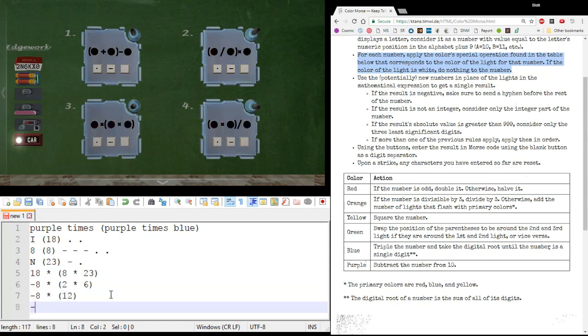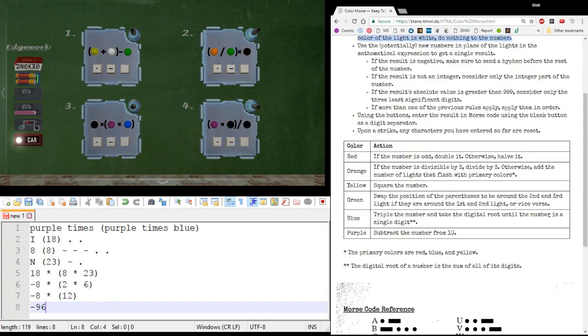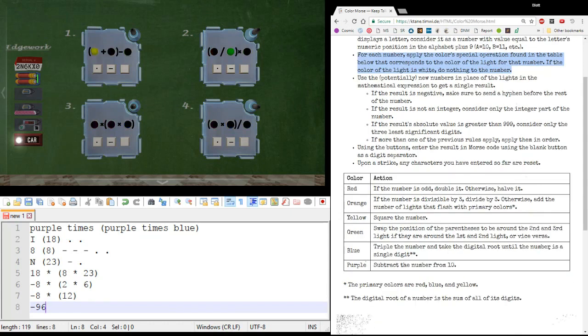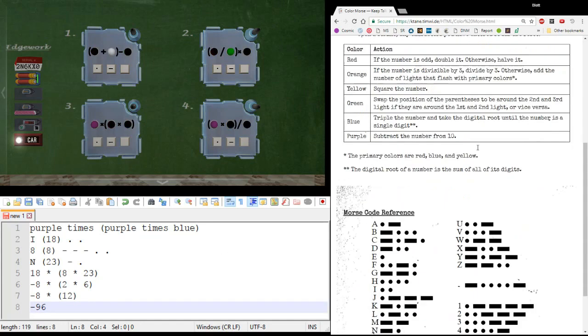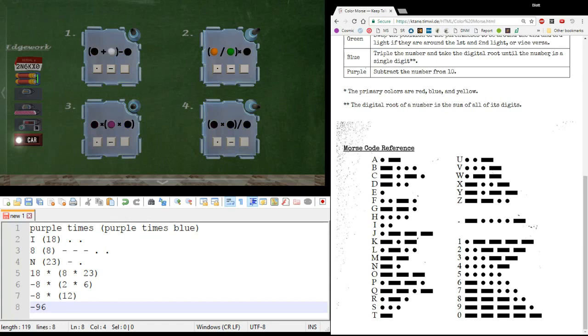And negative 8 times 12 is negative 96. So that's our answer. As the expert, the defuser obviously is not going to enter negative 96. They're going to enter it in Morse, so they've got dashes, dots, and blanks. So we're going to read off the answer. They need to punch in negative 96, so they're going to start with the minus sign, then the 9, then the 6. So your answer for this one is dash dot dot dot dot dash